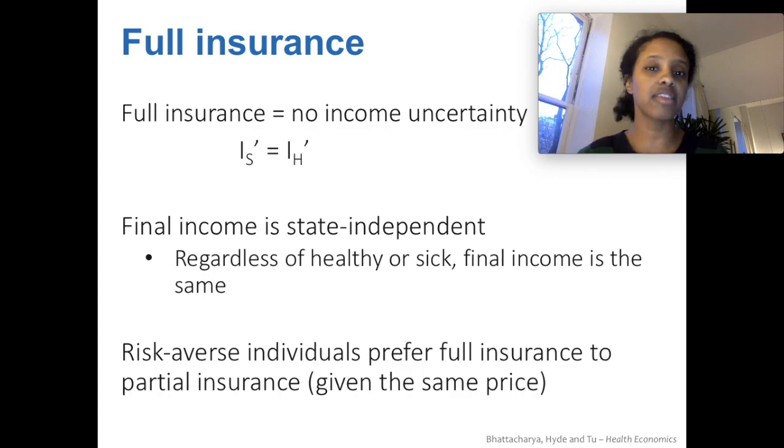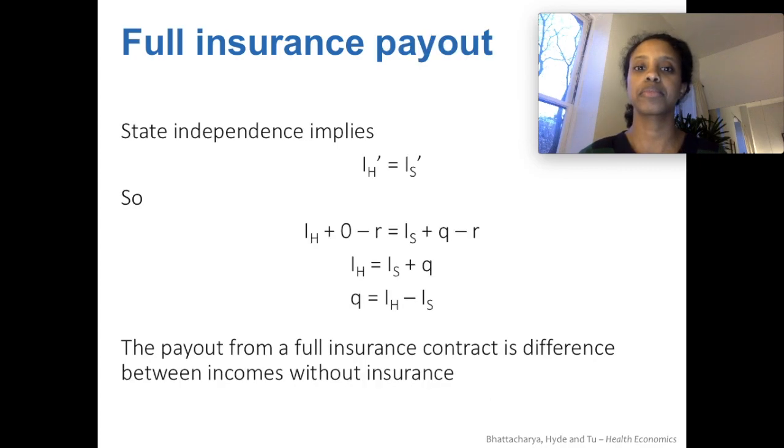Especially given a choice at the same price, the risk-averse consumer would prefer to avoid uncertainty. In the full insurance contract, remember they are equal to each other. I sub H prime and I sub S prime are equal. So from a couple of slides back, we saw that I sub H prime in the healthy state, your income would be your healthy income plus a zero payout minus the premium R. With full insurance, that should equal income when you're sick plus Q, that benefit, that payout, minus the premium R,